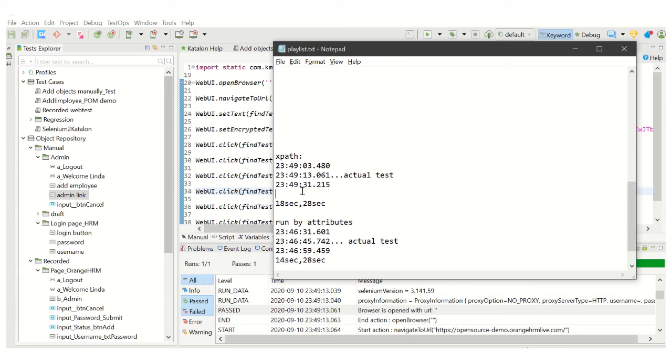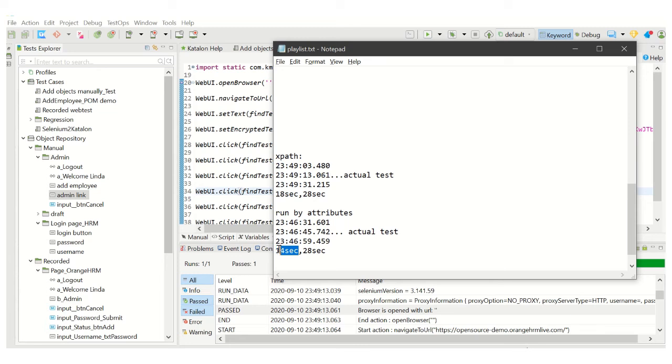So this is going to be the overall time, and this is going to be the actual time it took to run the test case. If I choose the objects identified by XPath, it took 18 seconds to run my test case, and when I use the other attributes, it actually took 14 seconds.